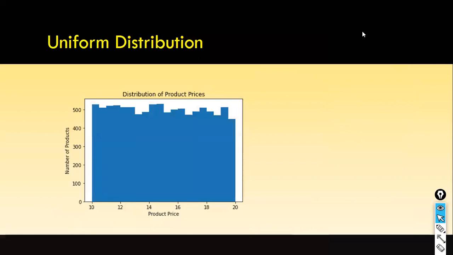All right, we are done with the uniform distribution. In the case of uniform distribution, all outcomes are equally likely. That is what uniform distribution is all about. The next one is